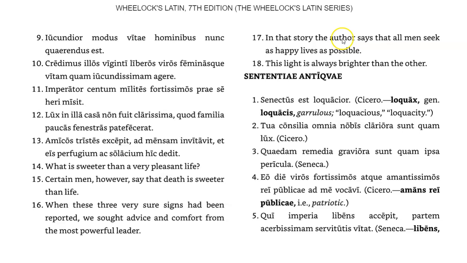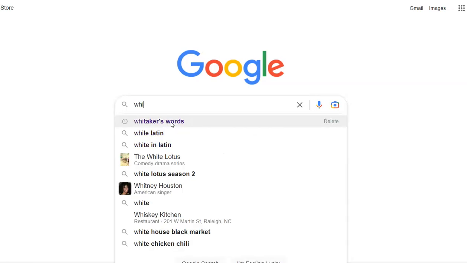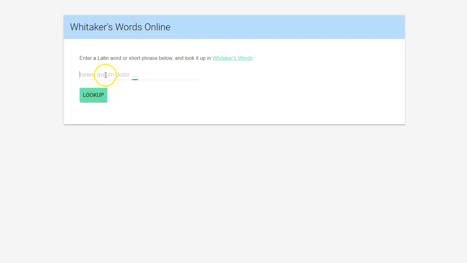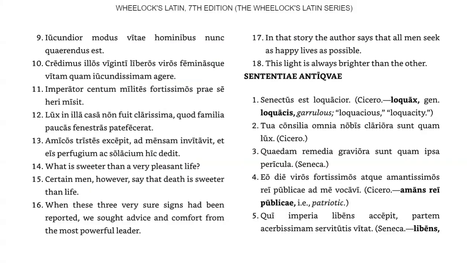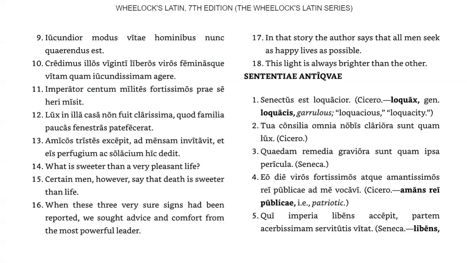Quidem can mean, this is where you sometimes have to kind of mess around. If I go to Whitaker's Words, for example, and I type this word, you can see that this can mean certain, somebody, one, or something. So you have to mess around with the translation to see which one fits the context. So if we go back to the example here,